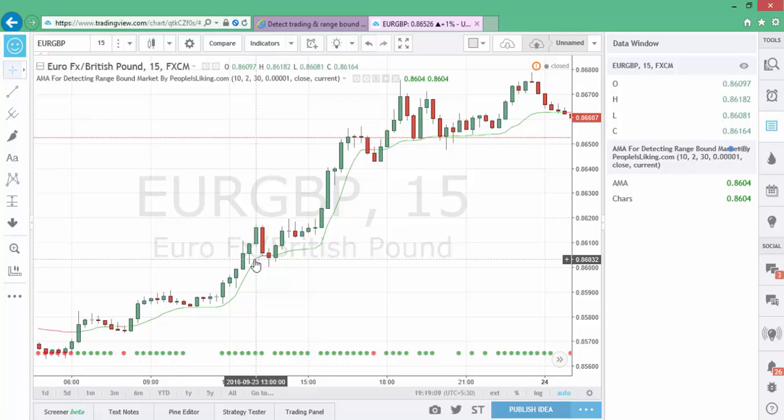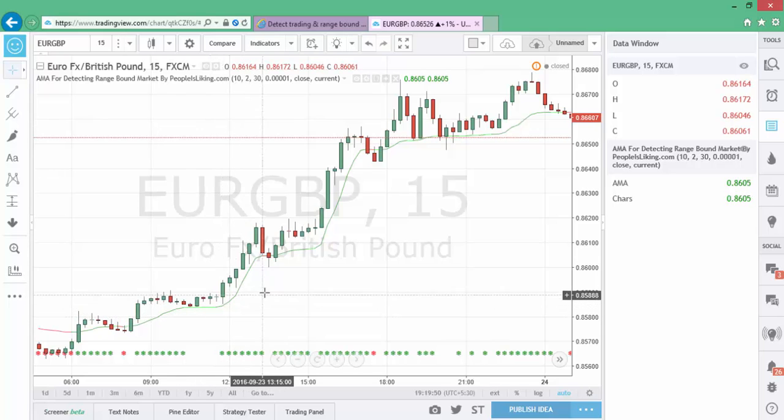It's a trending market. Now again here the star is missing, so it is a range bound market. So you can exit your position here, but in the next candle it again goes in an upward direction, so you can take a position after this candle. It is possible the trade goes in a downward direction for a long time. As you see, we are not exiting our position here because it is still moving in an upward direction, so we are continuing our position.